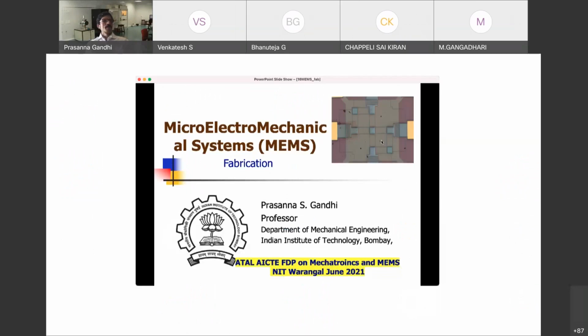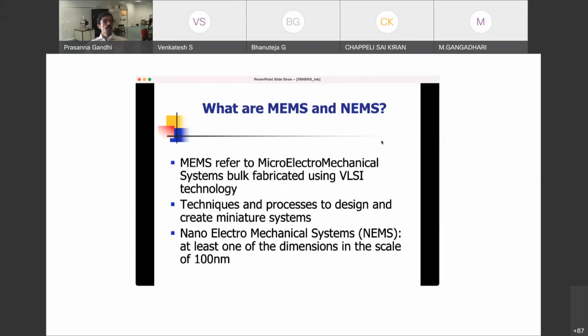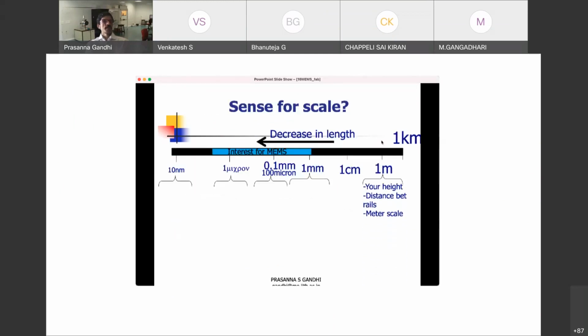Okay, so this we have already seen now. We'll not get into these details. This time scale also we have looked at. Yeah, so see, for example, here